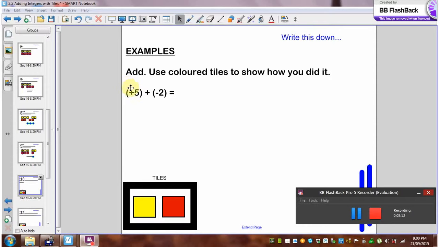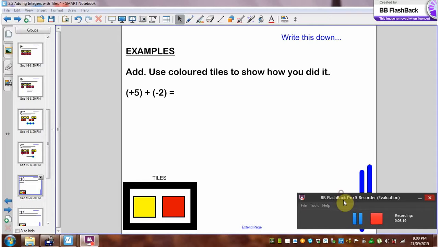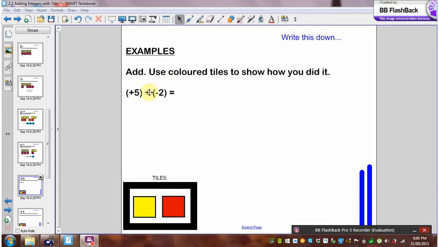Okay, so we have plus 5 plus negative 2 equals. So we're going to add those together and get an answer. What I'm going to do is take tiles from my tile box and represent these numbers and then see what I get. So I've got 5 positive. Yellow is our positive, and we're going to take